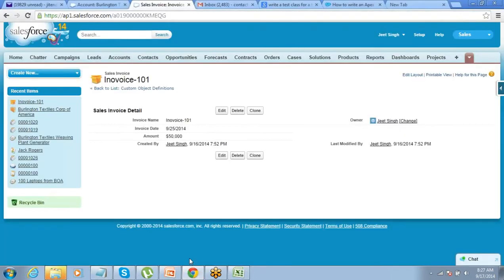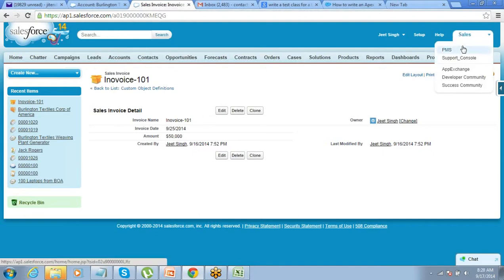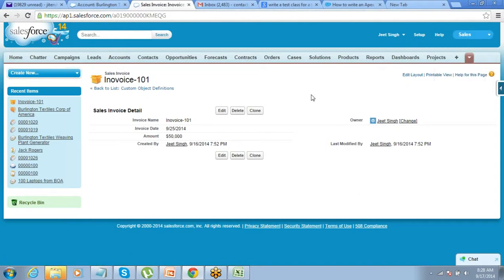Now there is one more thing that we will do here, that is creating an app. We'll create an app here. You must be able to see a longer list on your developer edition, like sales, call center. I have 2 of them. I have done a bit of customization on my system. So if I want to design an employee management application, can't I do that? I can easily do that.